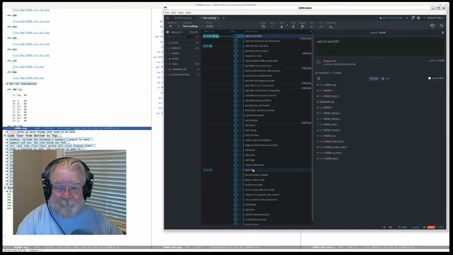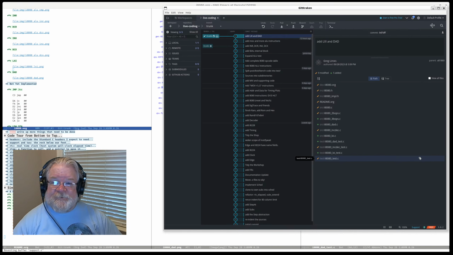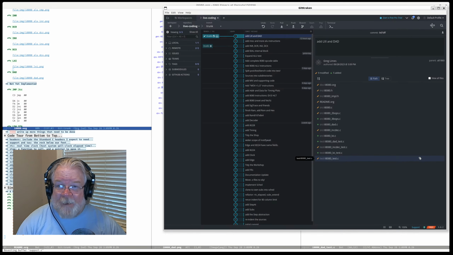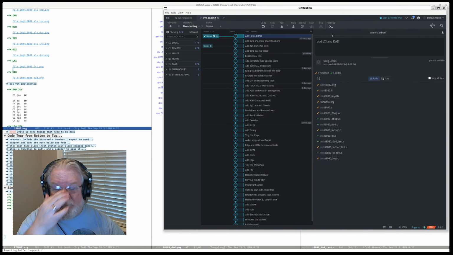So you see we're beginning to stack up a whole bunch of added this, added the other, so on, all up here. If I were collaborating with other engineers, say other engineers were working on other bits of the simulation, I would be in a feature branch at this point because I wouldn't be pushing it until I had finished adding all the instructions in the 8080. But single developer, small project, trunk-based development works just fine.